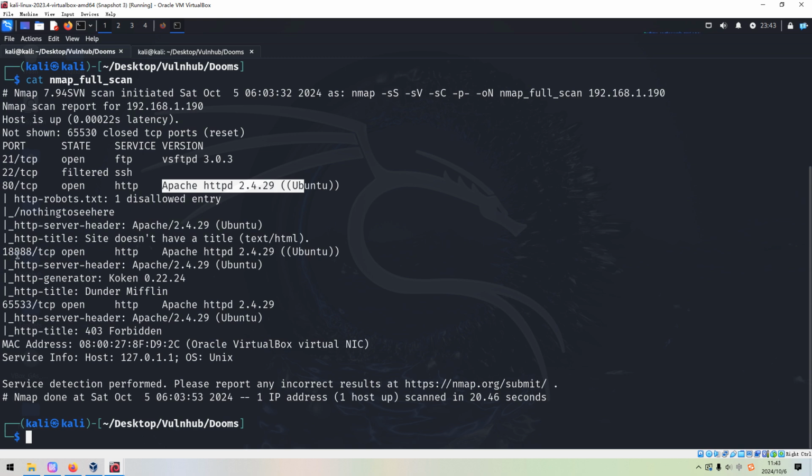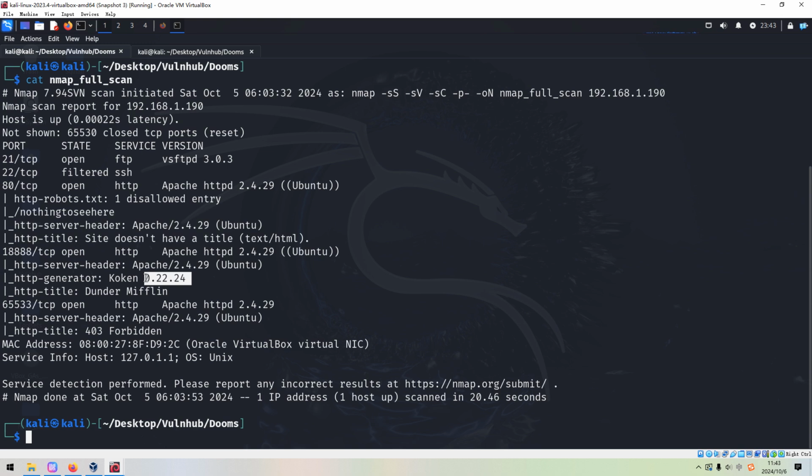And the next one is 148, which is running HTTP service and also the version information. And also, from the title and the generator, we can tell that the target is running Koken, even the exact version number.